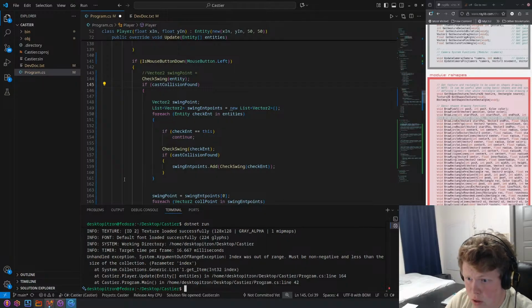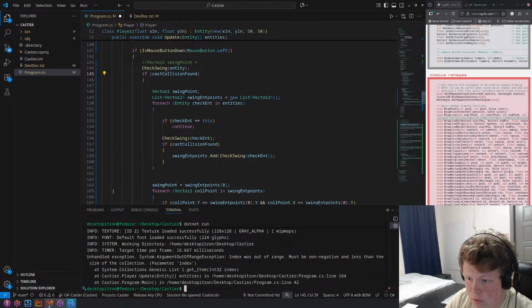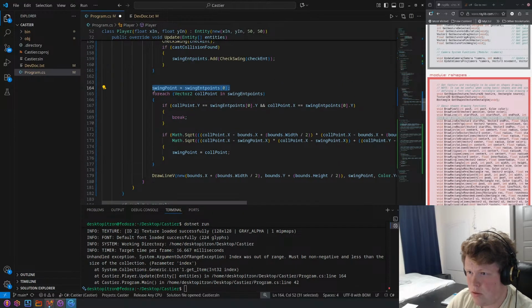Line 164. Dude, that is so helpful. It's erroring here, because if it looks and it doesn't find one... interesting. Okay, so here we say, hey, if it's not empty,